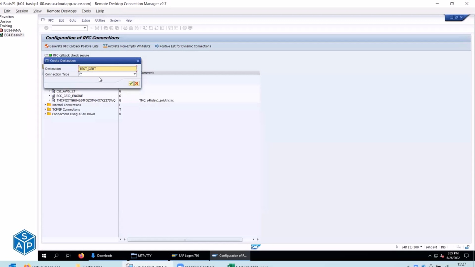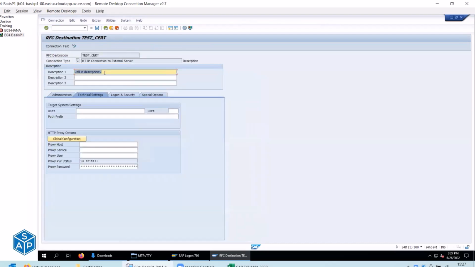Test_cert. The type will be HTTP connection to external server. So I'm connecting to an external server. Okay, now if you see over here, description,